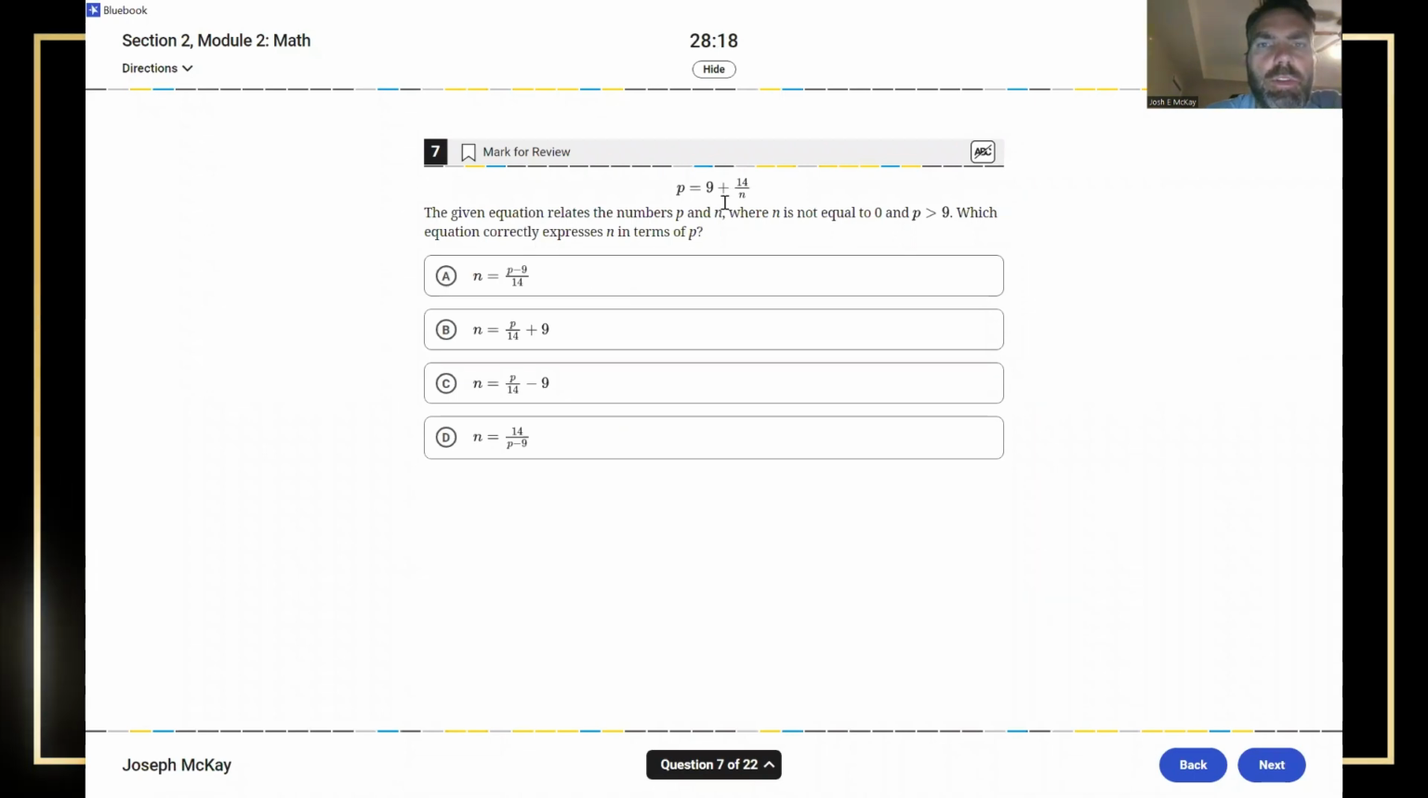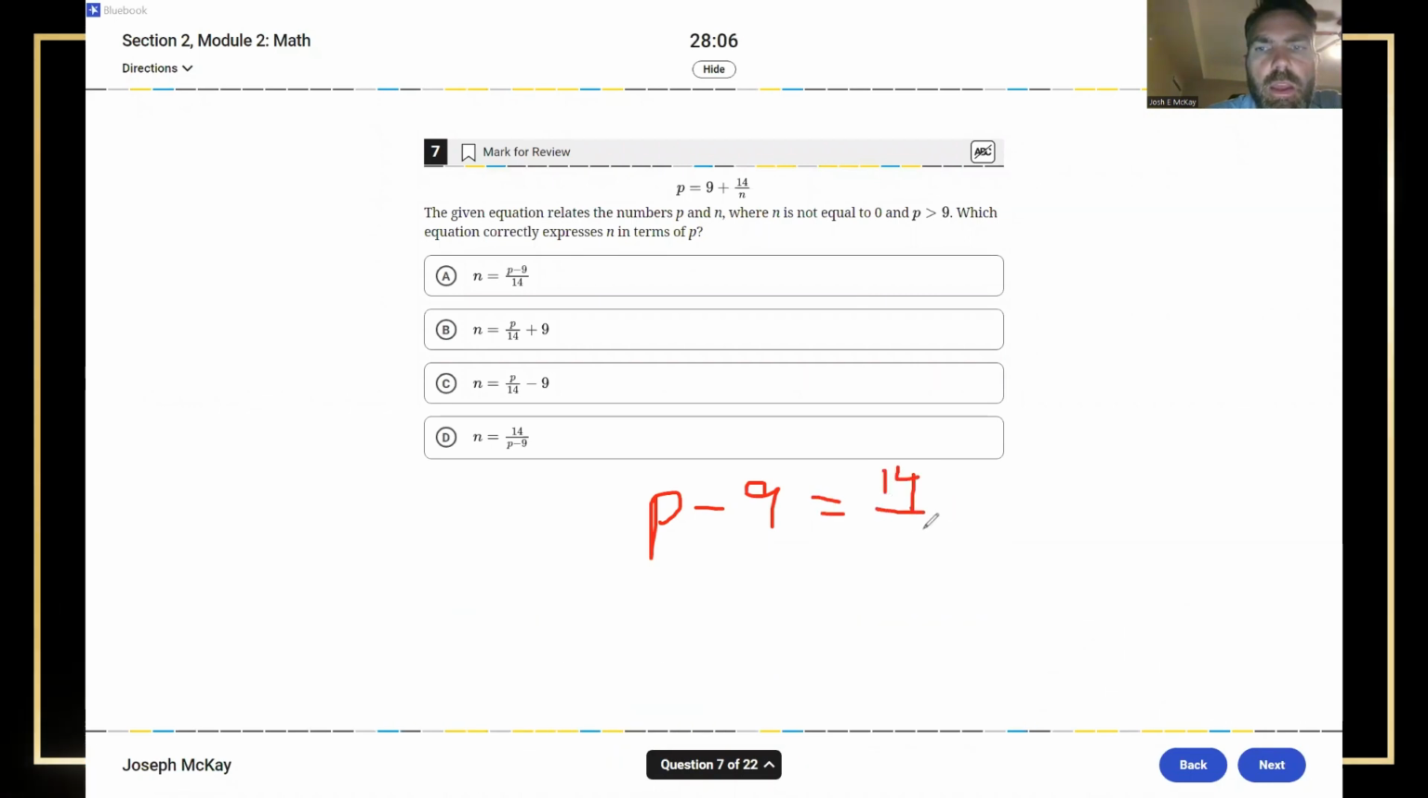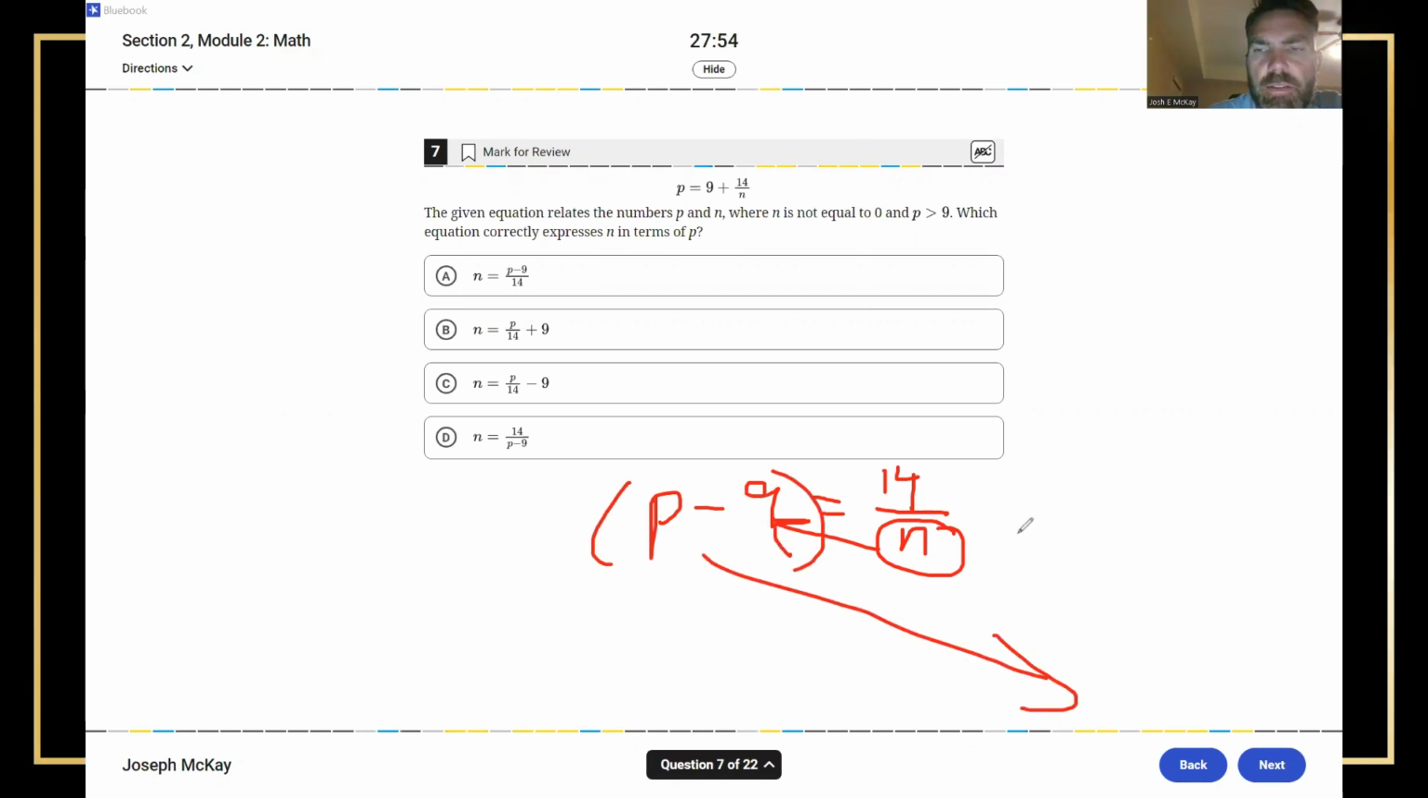So this is one, you're just solving for n here. We've just got to solve for n. So first thing I'd probably do is minus the 9 over to the other side. Now interestingly here, I've got this n on the bottom, but what I can do is essentially swap this with this. I'm multiplying the n to this side, and I'm going to divide this whole p minus 9 to that side. So I'm going to get n equals 14,